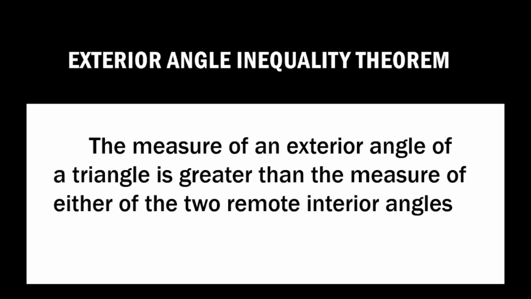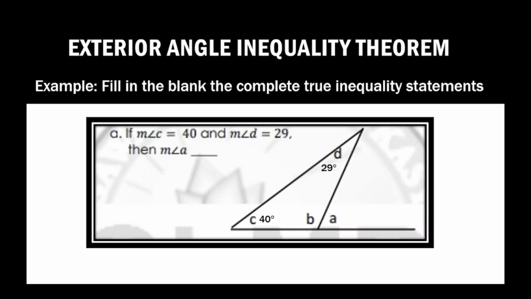So alam naman natin na exterior angles ay yung angle na na-form outside the triangle by extending one of the sides of a triangle. At ang remote interior niya ay the two interior angles na malayo dun sa exterior angle na na-form. Okay? So let us have an example. Take a look at this one. You're just going to fill in the blank to complete the statement through inequality statements. So we have here the figure. Given the measure of angle C,